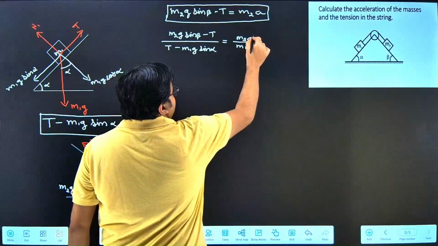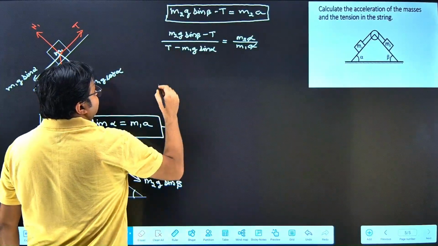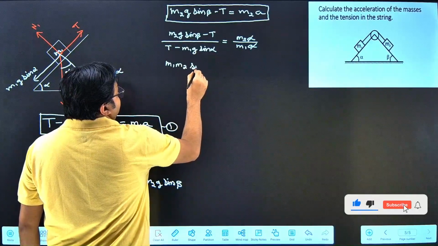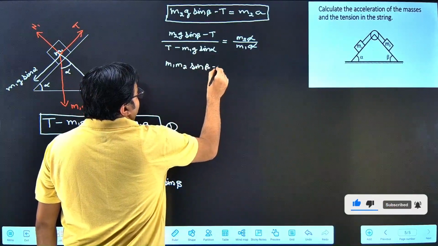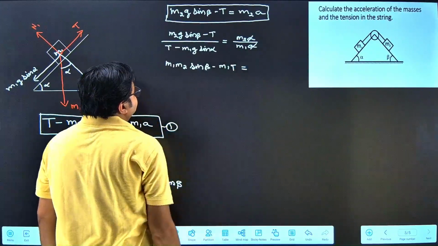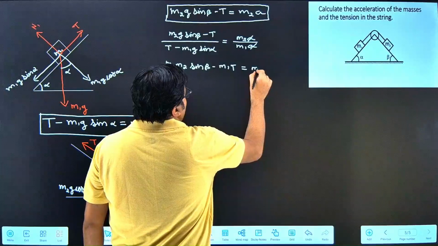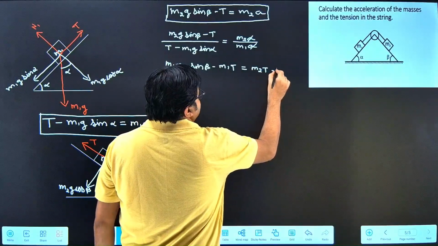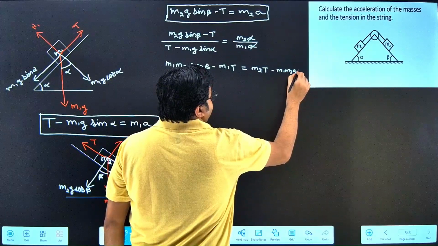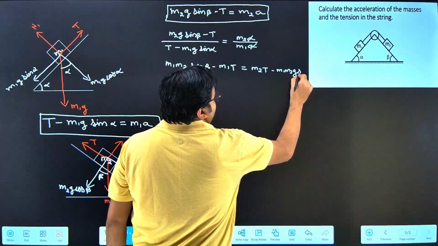So we have a and a getting cancelled. Let's cross multiply. We have m1 multiplied by m2 sin beta minus m1 into t equal to m2 into t minus m1 into m2 into g sin alpha,